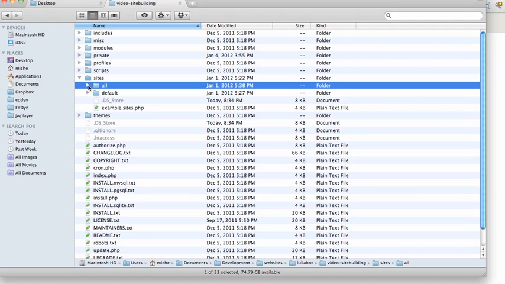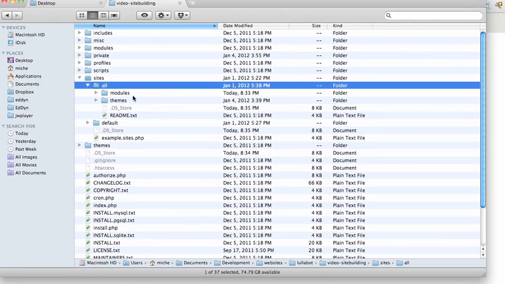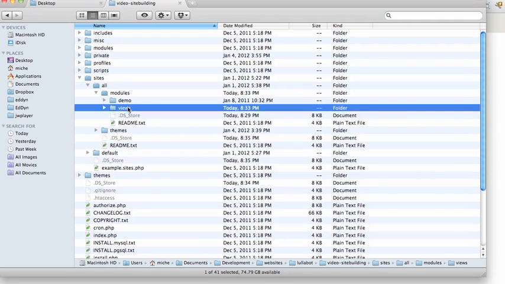Your sites all has 2 folders at minimum, modules and themes. Sometimes it'll have a libraries folder as well. And in your modules folder, that's where you put all your contributed code. So we just downloaded the Views module, and Drupal went ahead and put that module for us right in here,